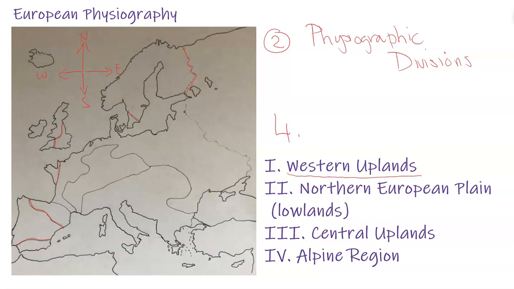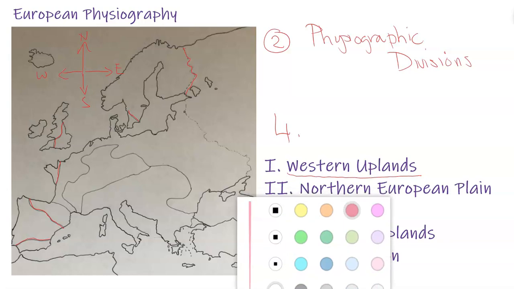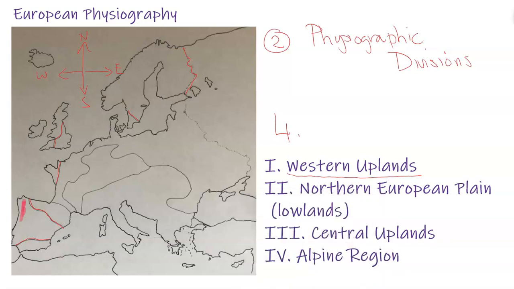But if I'm going to shade the Western Uplands, you'll see that it covers a lot of the Iberian Peninsula, central Spain, most of Portugal. This part is the Spanish Meseta, which is the plateau, about 2,000 feet in elevation, and includes Madrid. And then you've got the area around Brittany in France, which is called the Armorican Massif, which is basically a very large, exposed, pushed up